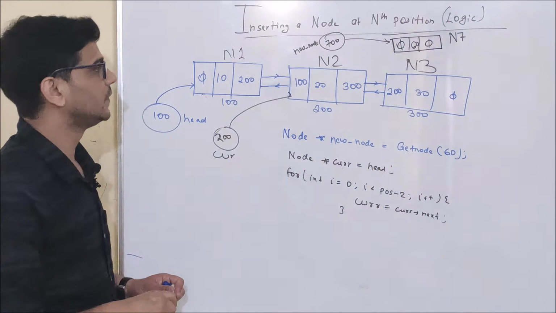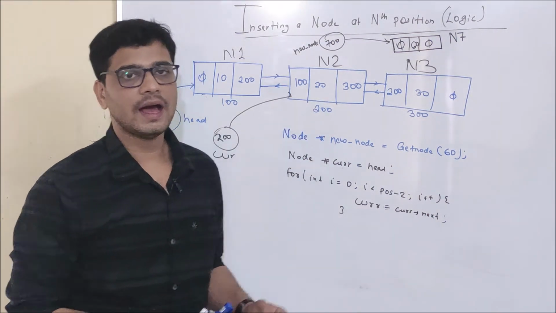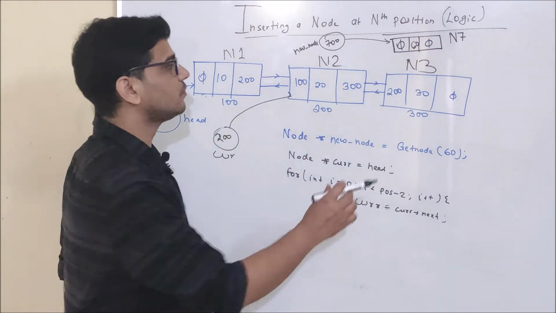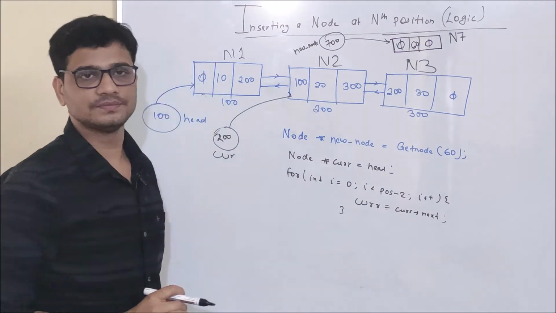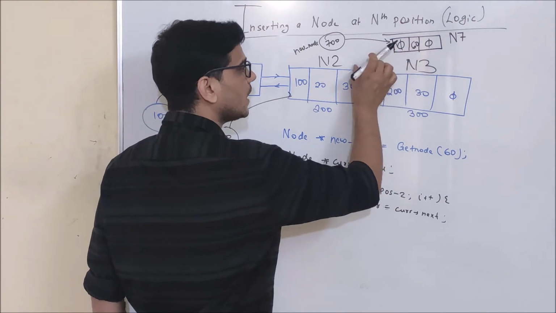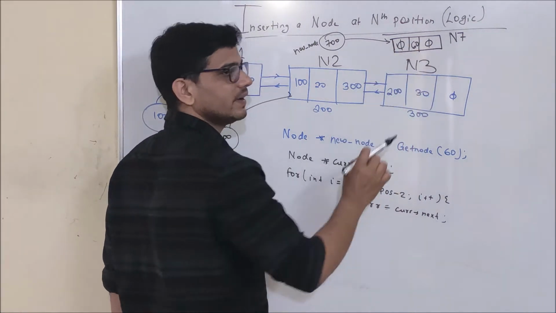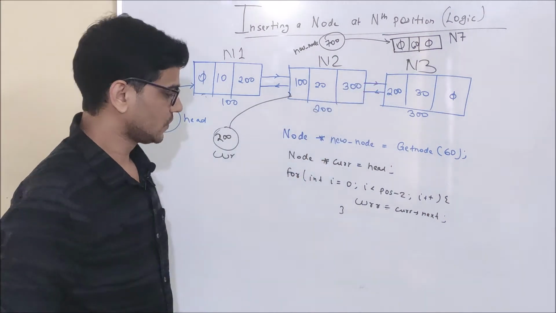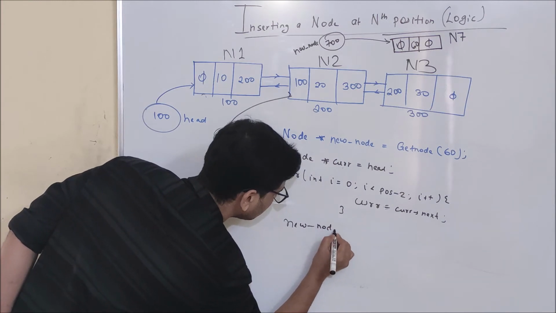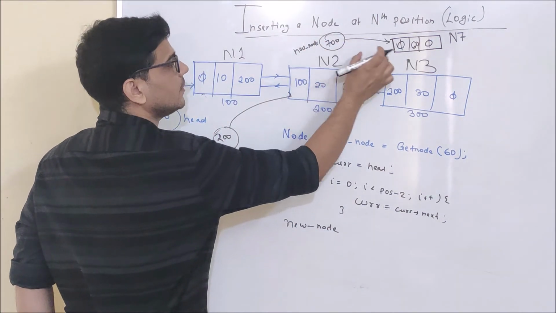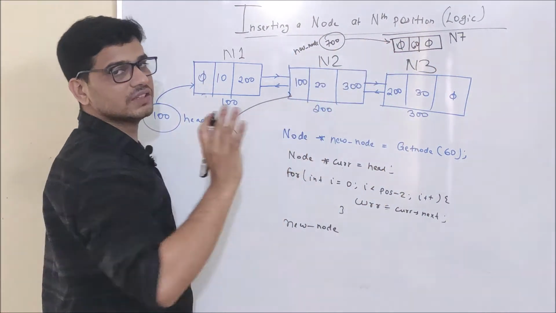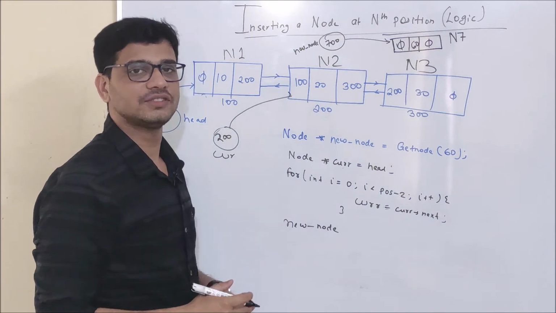Now comes the main thing, that is now we will update the pointers. And to insert node 7 at third position, what do we need to do? First of all, we will update these two pointers. Somehow make node 7 previous pointer have the address of node 2, and node 7 next pointer have the address of node 3. So now let's write it. New node is the pointer which is having the address of node 7. Node 7 is just a logical name which we are using for our understanding.